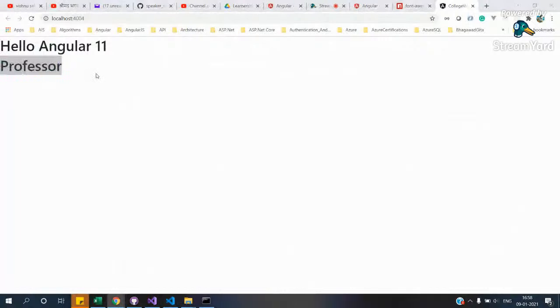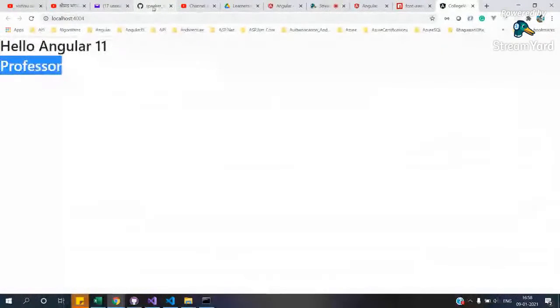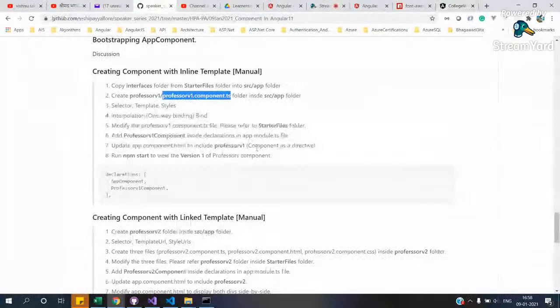So now this component has been used in some other place. Okay, we call it as a component as a directive. This particular thing where we are injecting this component in some other html location, that's called component as a directive. The component has been used as a directive. So and then what we will do is